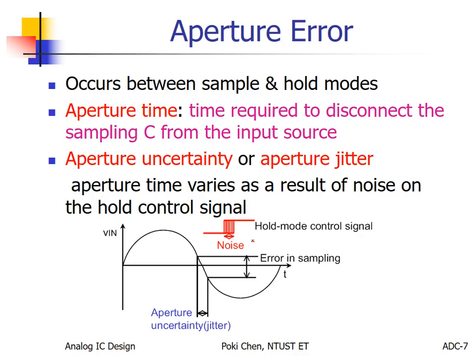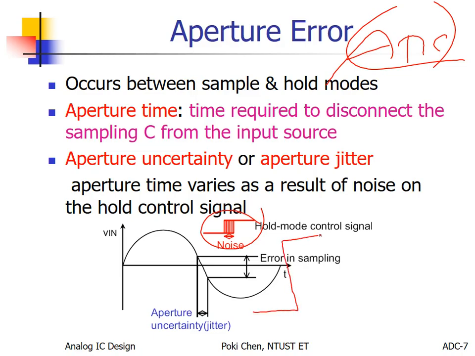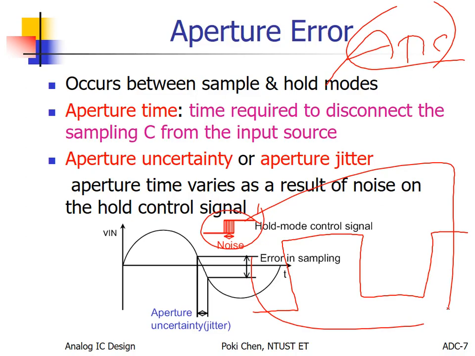Yeah, and then we have another one called aperture error. Even though you have a perfect, ideal ADC, if the clock is not perfect, you still have some kind of problem. For any kind of clock source, if you observe the clock waveform with your oscilloscope, you will see high, low, right? If you observe such a waveform, please pay attention to here and there.